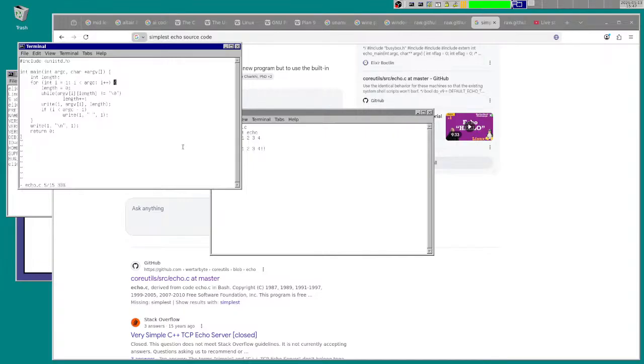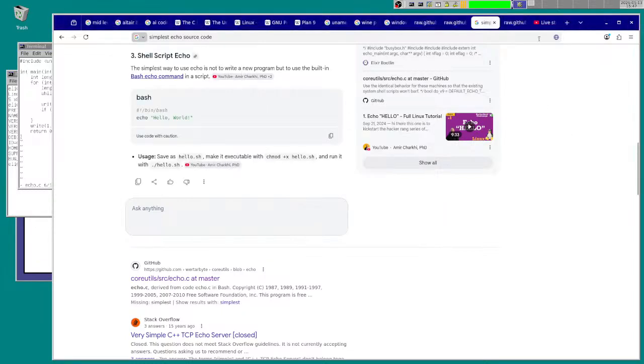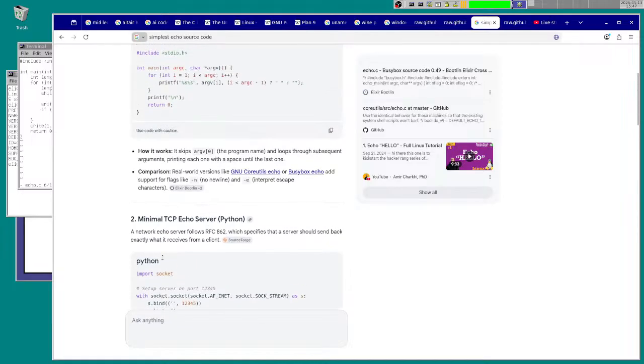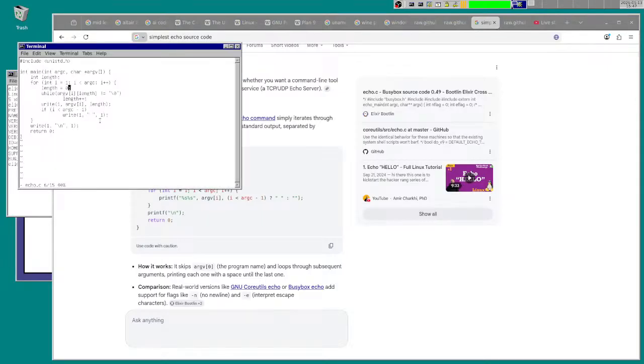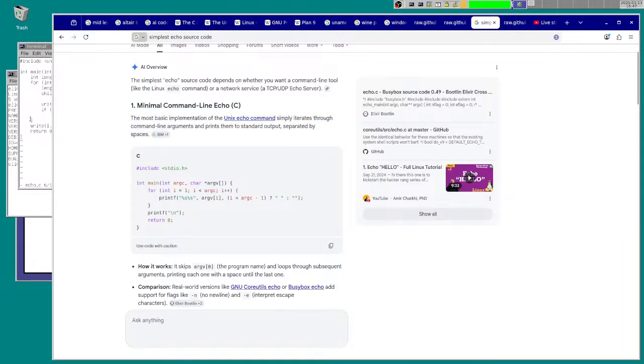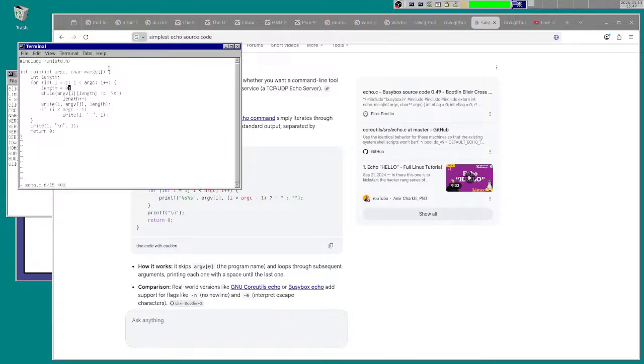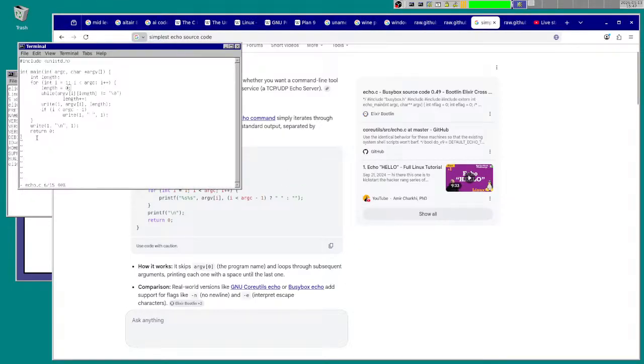What I've done here is I've made it simpler, the most basic implementation. This is the most basic implementation if we have the standard input output stuff, and I rewrote it as the most simple if we did not use it.